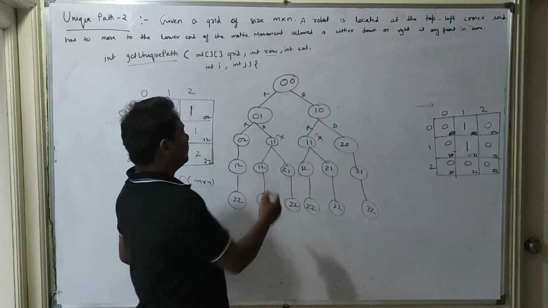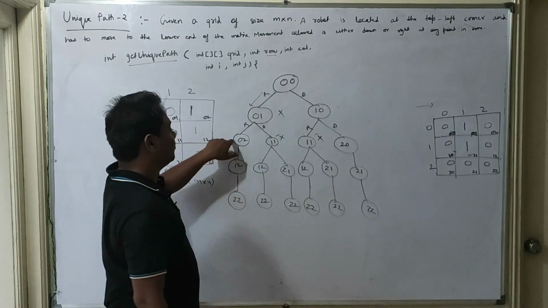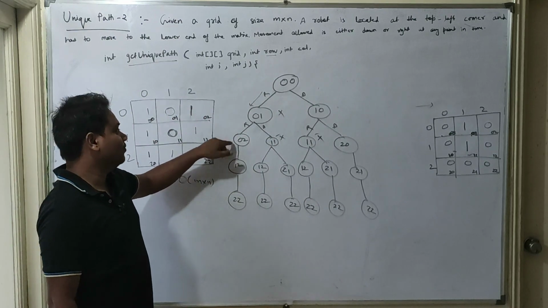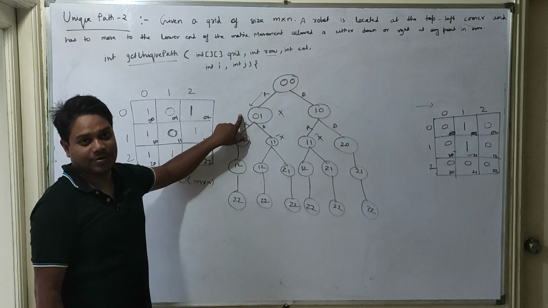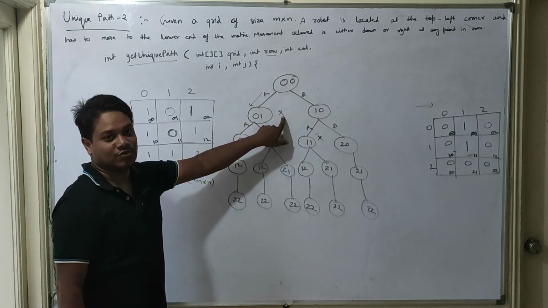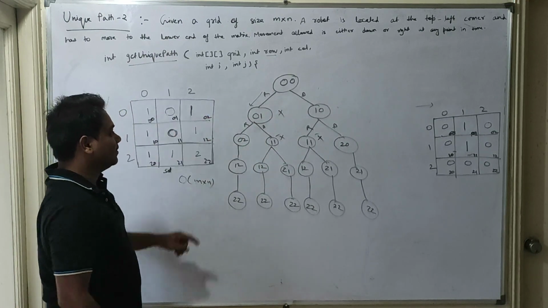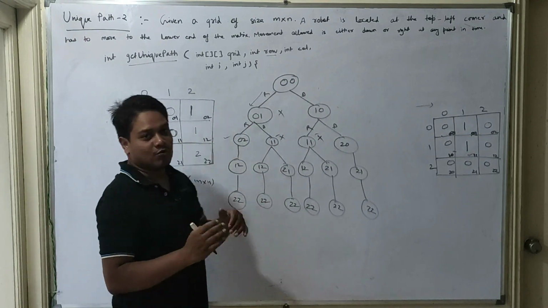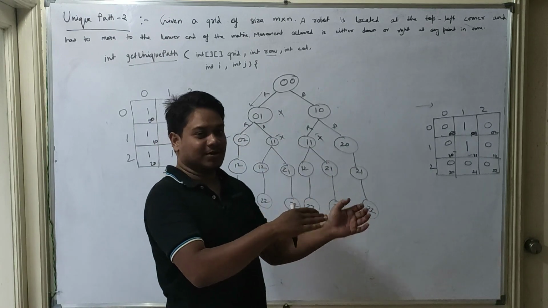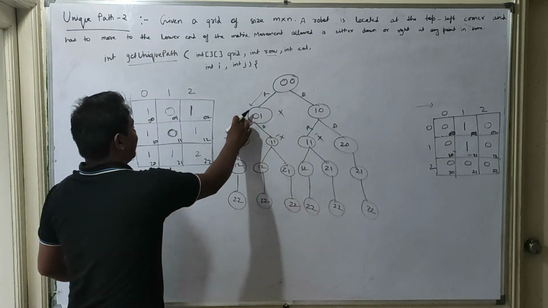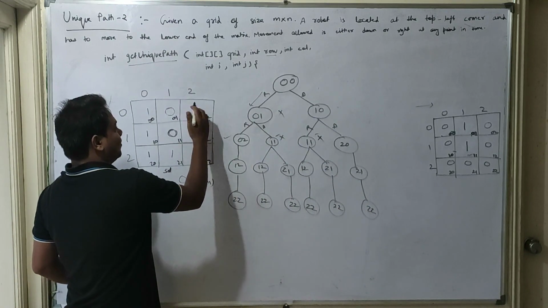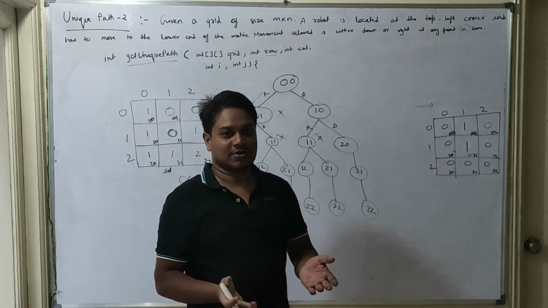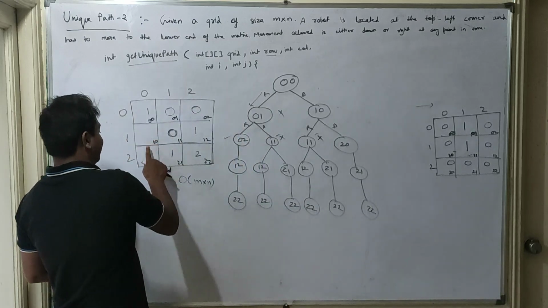Now if we have to move to 0 2, from 0 0 there is no way we can move to 0 2 without first coming to 0 1, and since we are not having any path over there, the path to 0 2 will not be there, so we will have to copy the previous value which was there. For 0 1 we were having 0, so that will be copied over here. Similarly for the row part also, this is how it will happen.